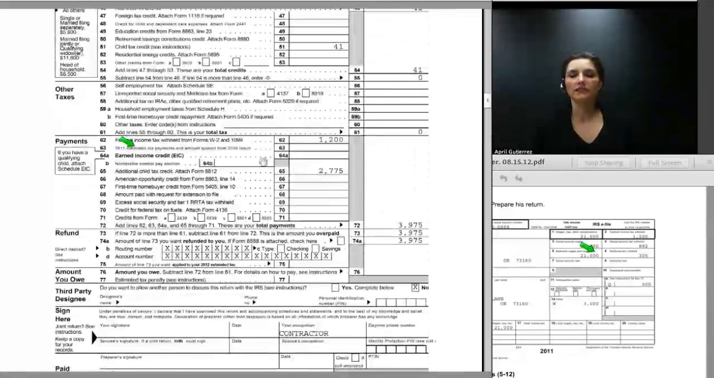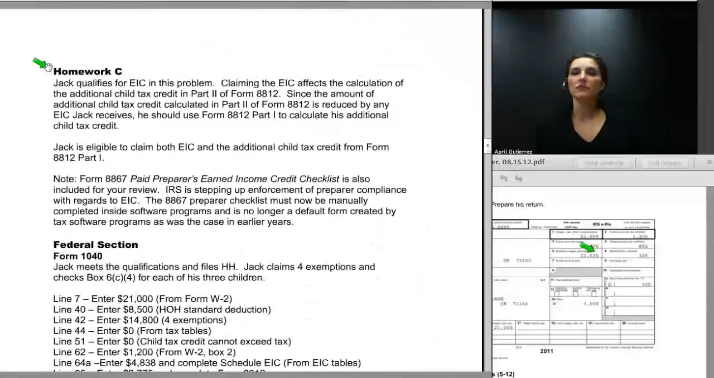We enter $2,775 on line 65. We enter his withholding from box 2 of his W-2 on line 62. He has withholding and credits in the amount of $39.75, and he will get all of that refunded. His refund is $3,975. And moving on with homework assignment number C, Jack in this assignment is claiming the earned income credit